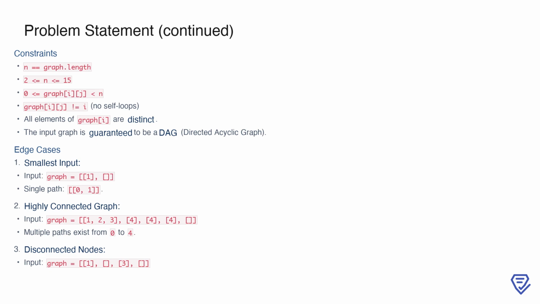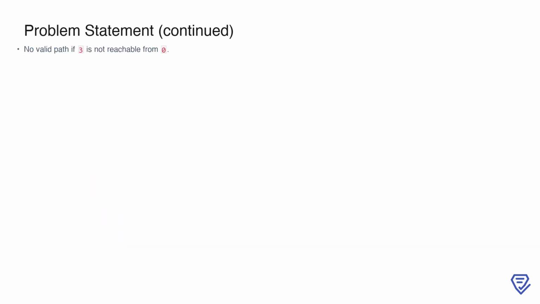certain nodes. In disconnected graphs, it is possible for no valid path to exist between the source and target nodes. For example, if the graph is [[1],[],[3],[]], there is no way to traverse from node 0 to node 3. This is because node 3 is not reachable from node 0 due to the lack of any directed edges forming a valid path. These constraints and edge cases help us understand the boundaries of the problem and ensure that our solution accounts for